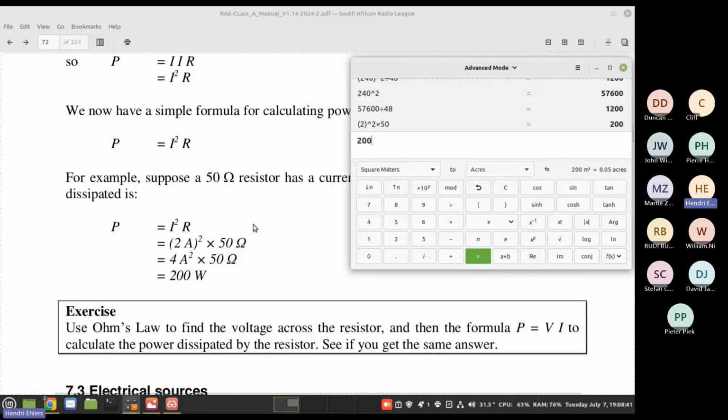It's always nice to just confirm that the answer in the book is actually correct. When you do it with your calculator and you know that the answer in the book is correct and you get a different answer, then you know you're doing something wrong. But what can send you down a rabbit hole is if the book is wrong and you are actually correct, but you don't realize that.